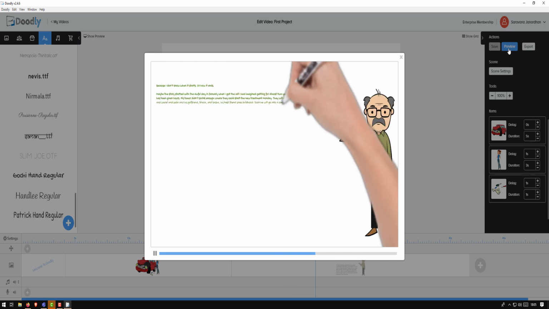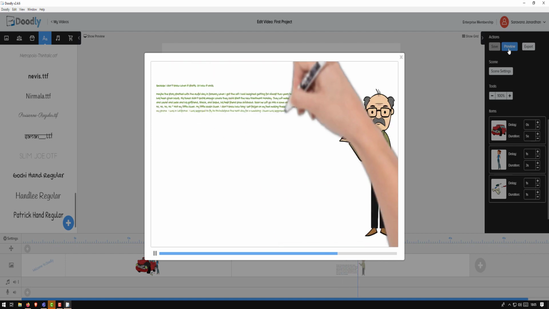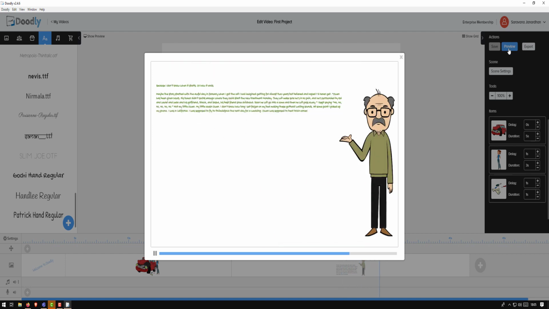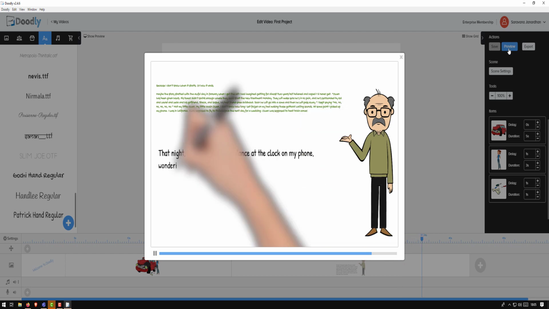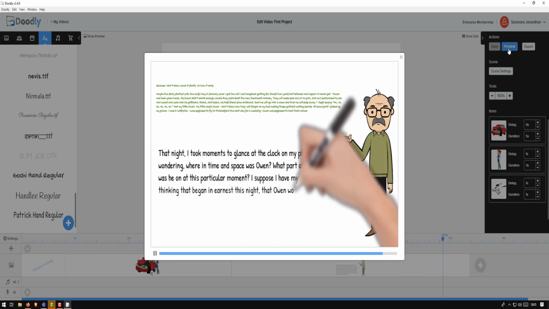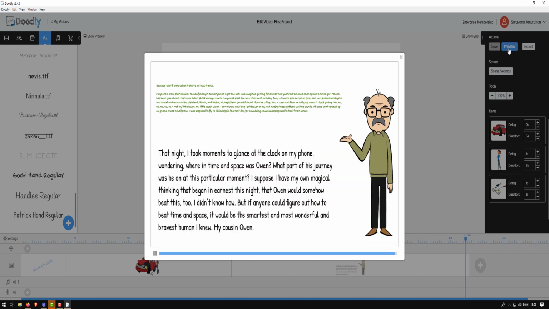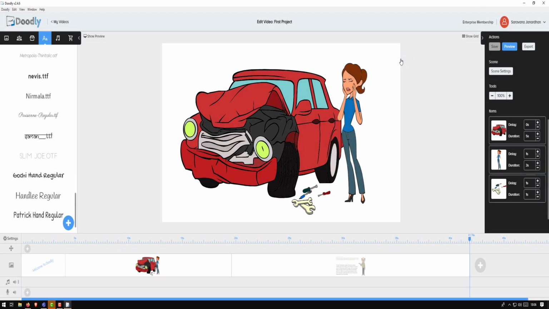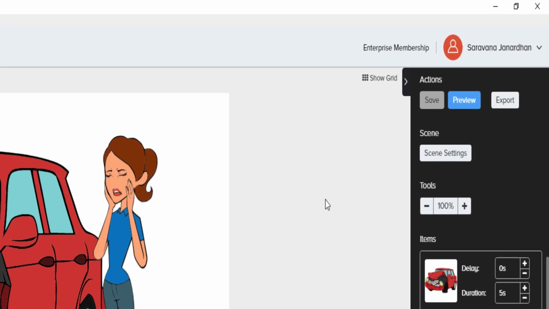So again, the next scene comes, I have the text. It's giving me 4 or 5 seconds to read, and then the next set of text starts. There. And when everything looks good, we are ready to deliver the project.